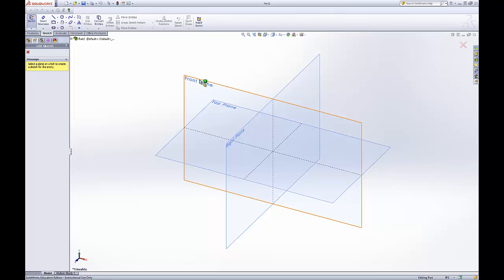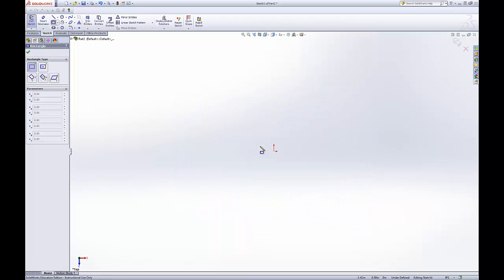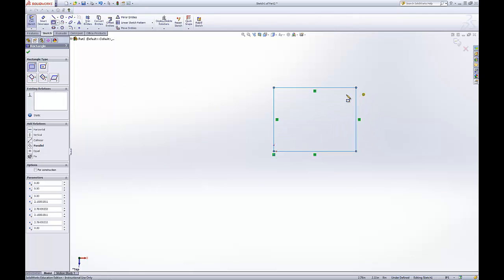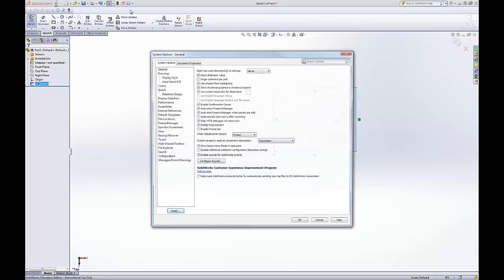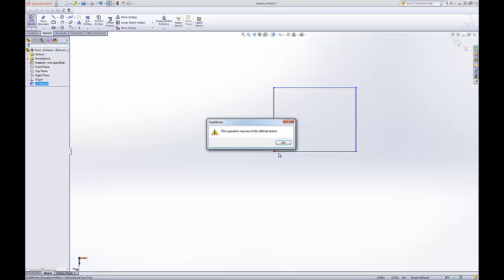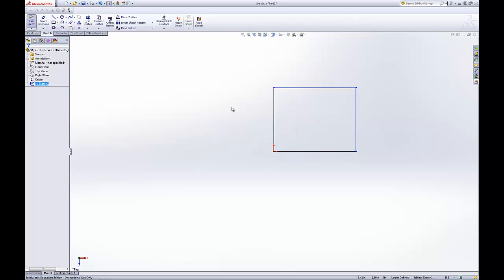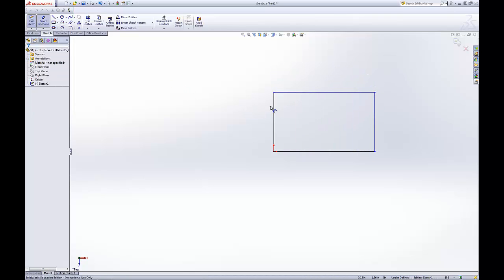This brings up our different views to start a sketch on. It doesn't really matter which one you pick unless you have a preference on which part of your drawing is up and down. So we can just draw some things in here. Sometimes if you open SolidWorks, this checkbox will be checked, which means if you try to exit, it's going to say it's not fully defined, which means you can still change the size of your sketches. So we're going to dimension it